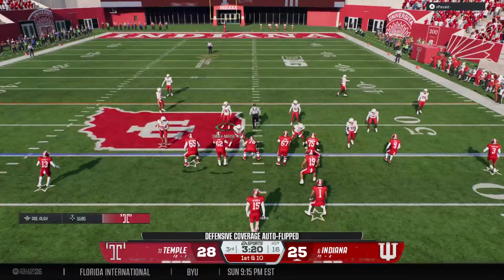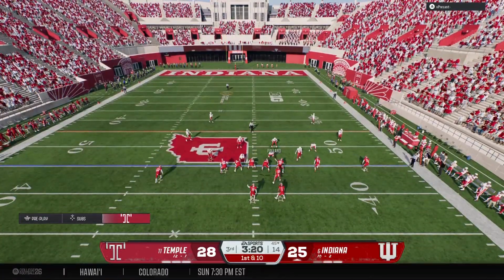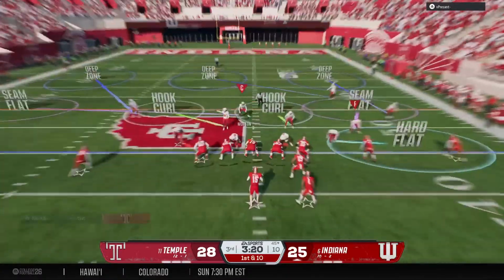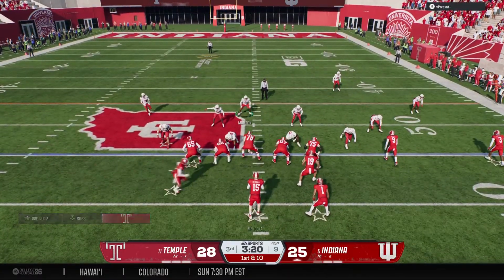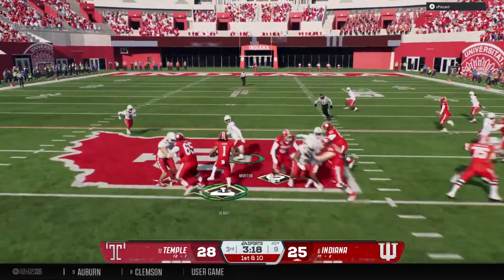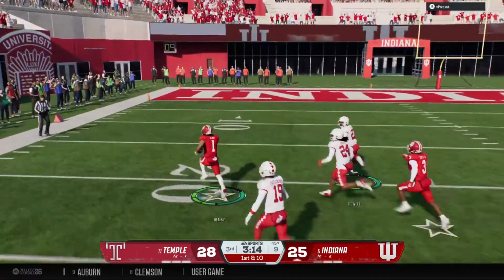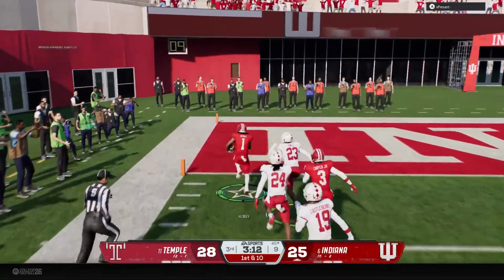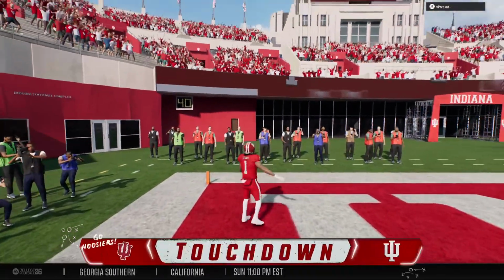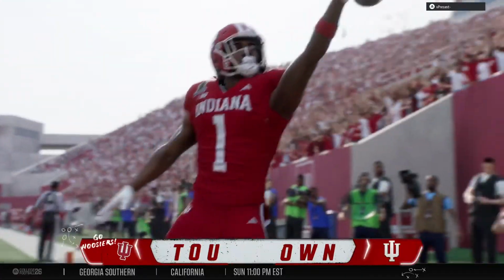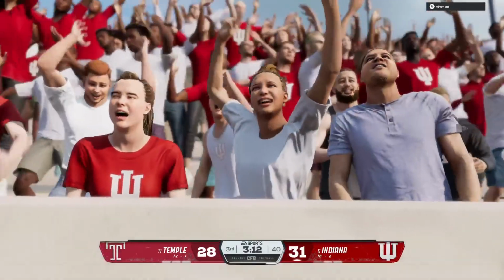The Indiana offense back out on the field. They came up empty on the last possession, forced to punt it away, and they begin to click now. From the shotgun now, here's a handoff inside. He's got the first and still going. In the clear at the 25. Touchdown, Indiana. They battled all the way back to take the lead. What a long run for a touchdown.